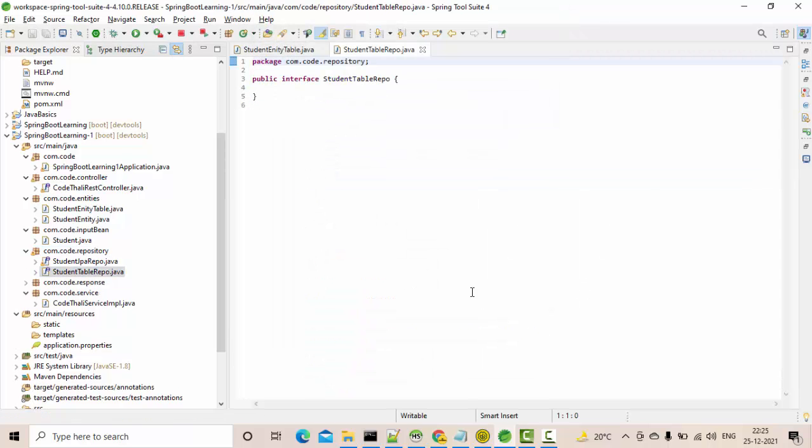Click on finish. Now here what you need to do is you need to extend Jpa repository, guys. So simply give one space, so extends,